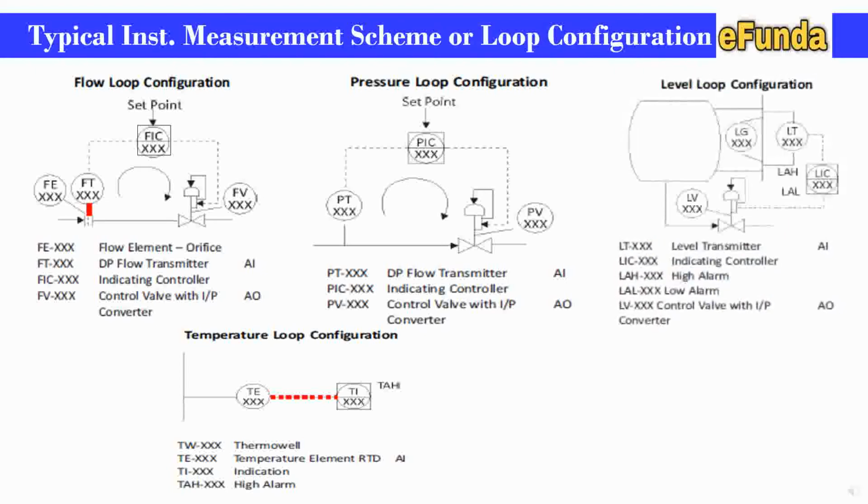Loop, that is the level loop configuration. One can see in the figure a level gauge, level transmitter and a discharge level control valve. The arrangement of instruments will be LT, level transmitter, having analog input to the controller; LIC, indicating controller; LAH, high alarm; LAL, low alarm; LV, control valve with I2P converter, having analog output from the controller